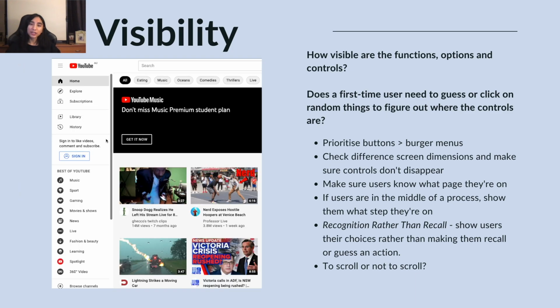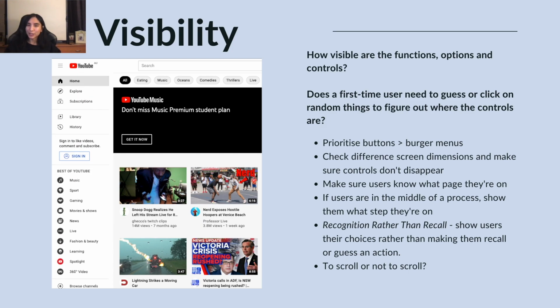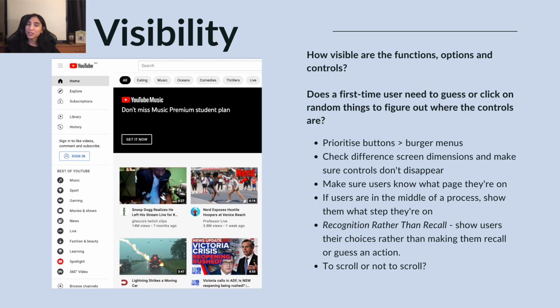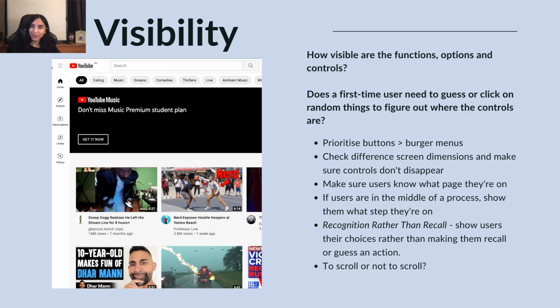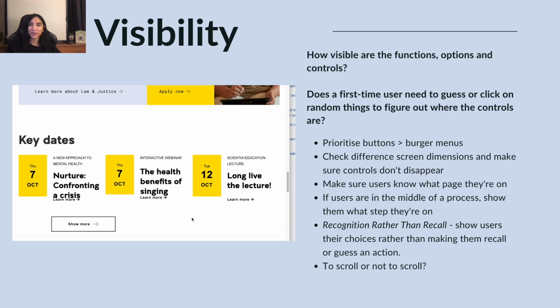It's not always the case, but just something to keep in mind when designing. It's good to prioritize buttons over hamburger menus. This is because buttons usually have better visibility because they have their labels, but if the screen real estate does not allow, hamburger menus are fine. Make sure that you check different screen dimensions and make sure that controls do not disappear or do weird things like the